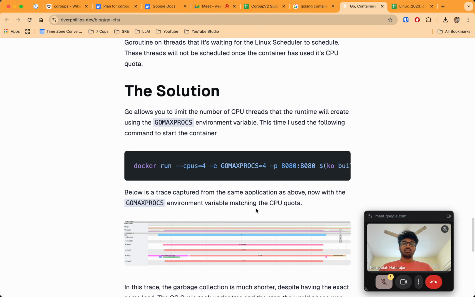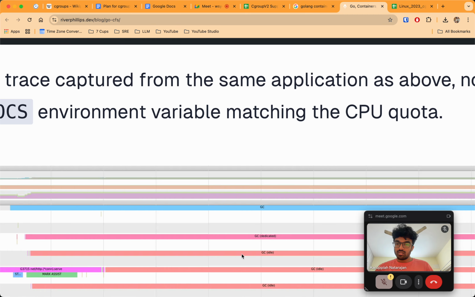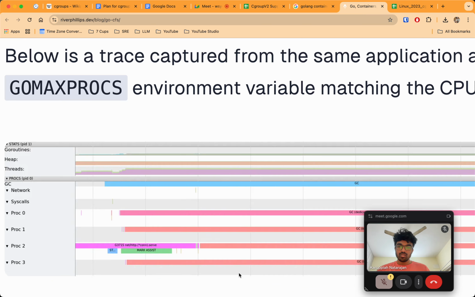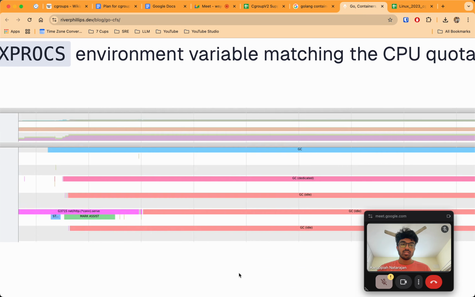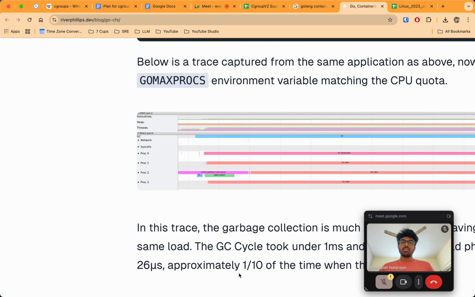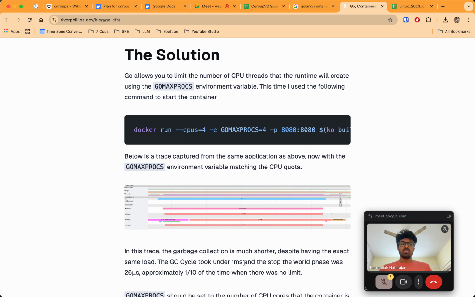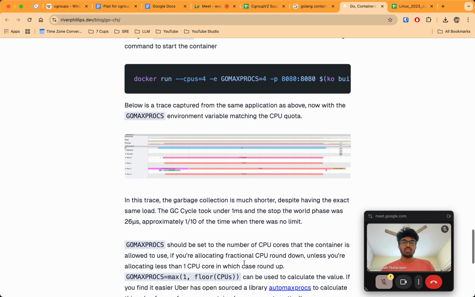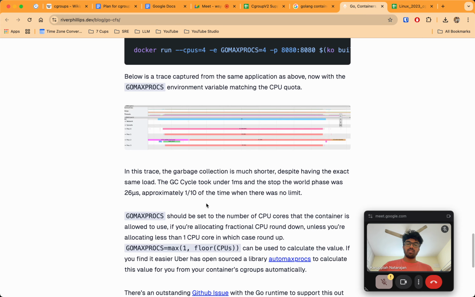Below is a trace captured now with the limit. Stop the world. There was GC happening, but okay. This time the garbage collection is much shorter despite having this exact same load. The cycle took under 1 millisecond and the stop the world was 226 microseconds, approximately 1/10 of the time, and there was no limit.